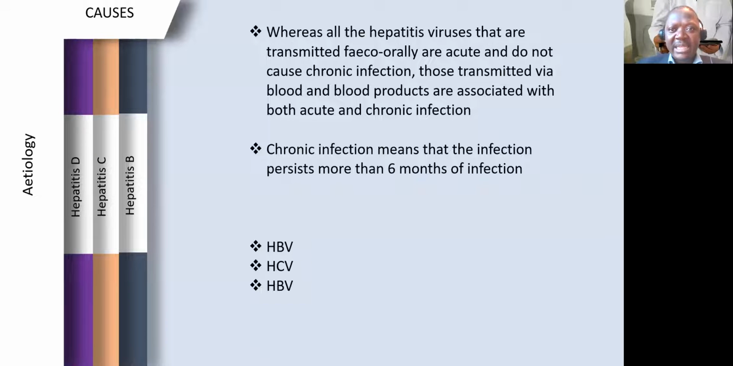Whereas all the hepatitis viruses that are transmitted fecal-orally are acute and do not cause chronic infection, those transmitted via blood and blood products are associated with both acute and chronic infection. Okay? So chronic infection means that the infection persists for more than 6 months. Remember that it is about duration. It has got nothing to do with